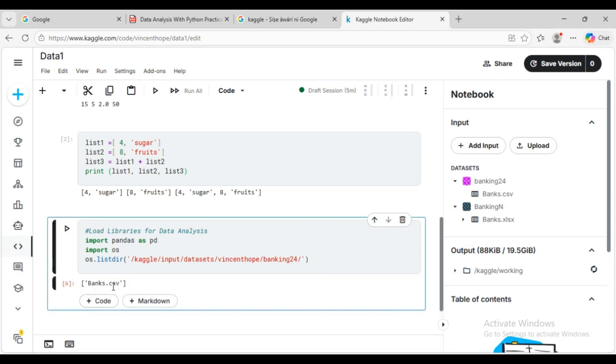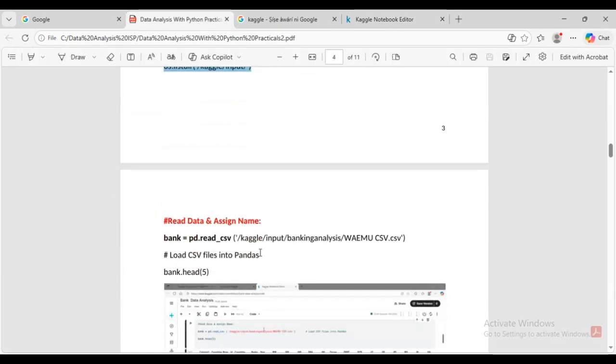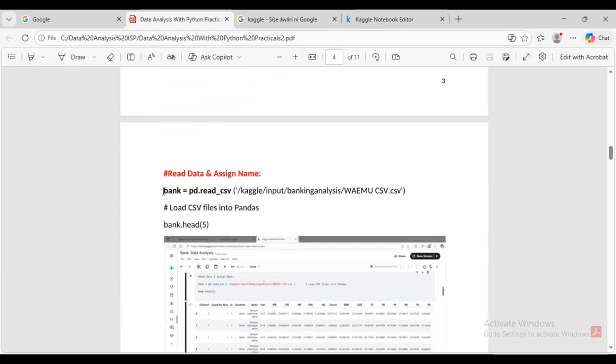Okay, now we know where the file is. The file is under this banking 24. This bank CSV, which is here, is under banking 24. Banking 24 is under Vincent Hope. Vincent Hope is under datasets. Datasets is under input. Input is under Kaggle. So this is the functional directory we are going to use. Okay, let's move on. So the next thing we are going to do is to load the data